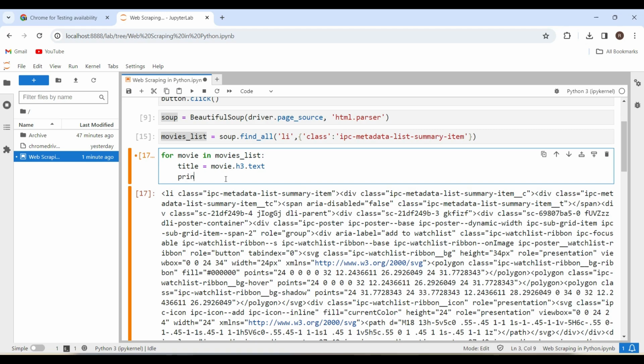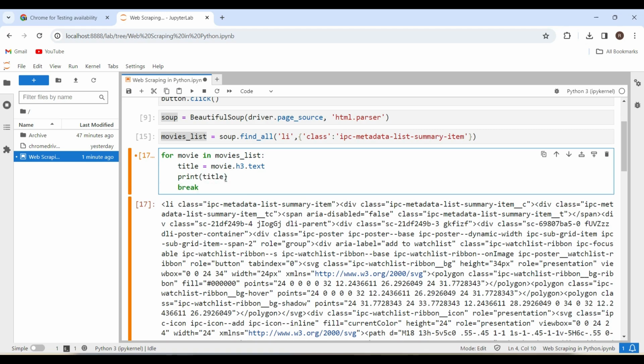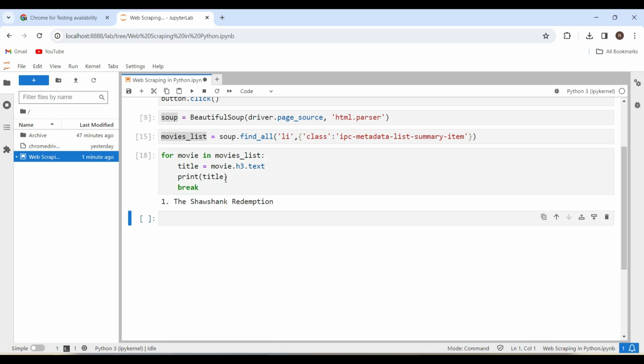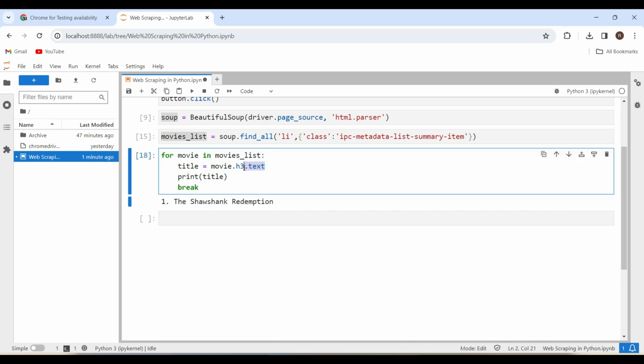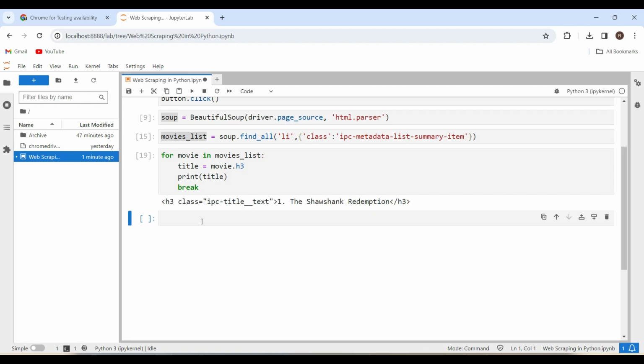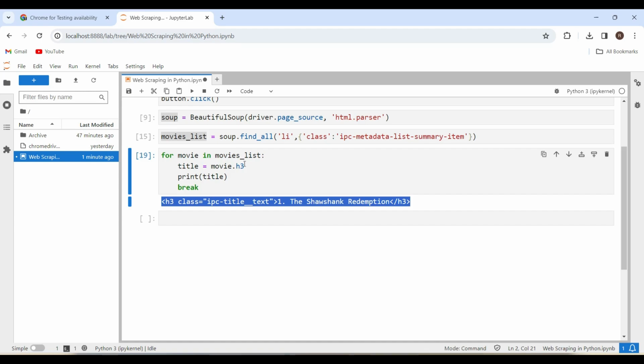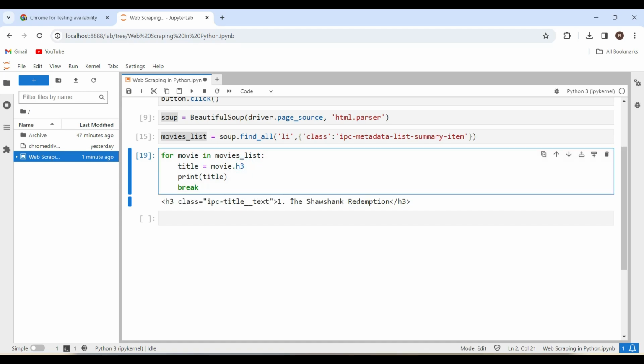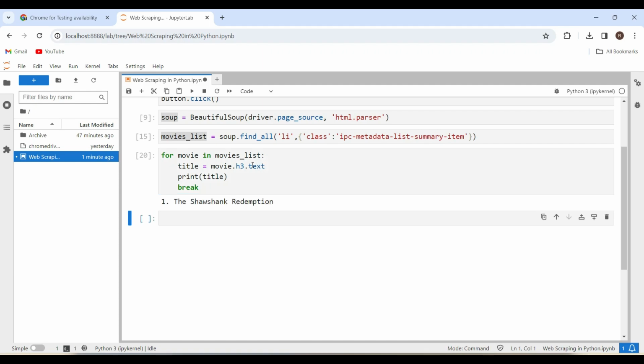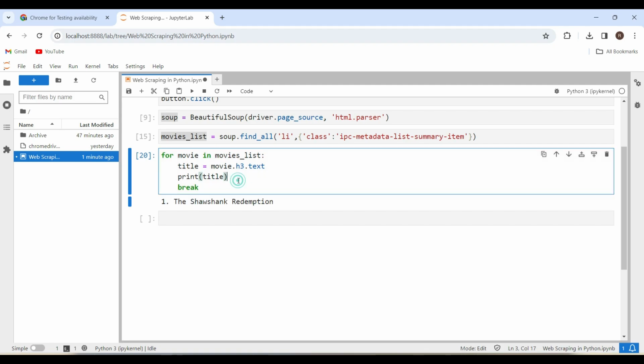Let me just print this title. I want to restrict to only the first record, so that's the reason I'm using break here. Here it is. If I use just h3, this complete tag will come in the data. We need only the text, so I'm going to add the extension text. Now I'm getting only the title of the movie. So now I got the title. Next what we need is